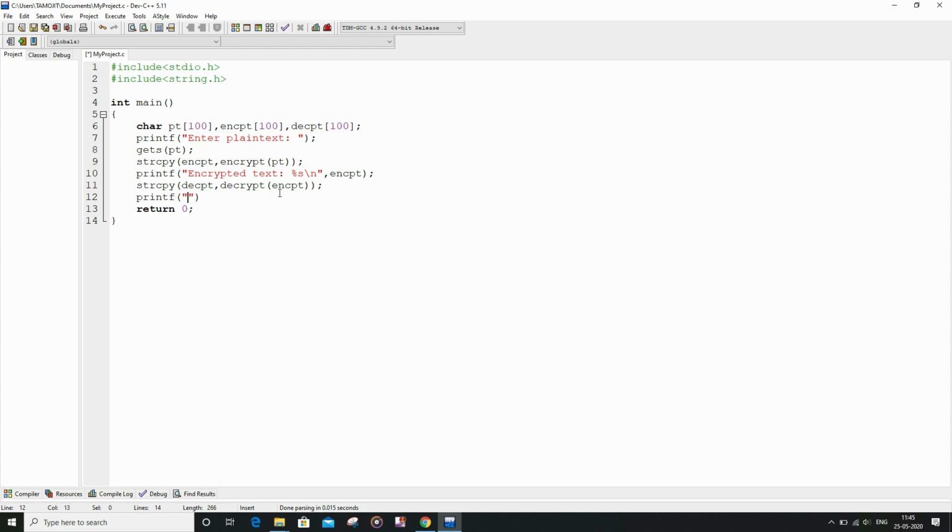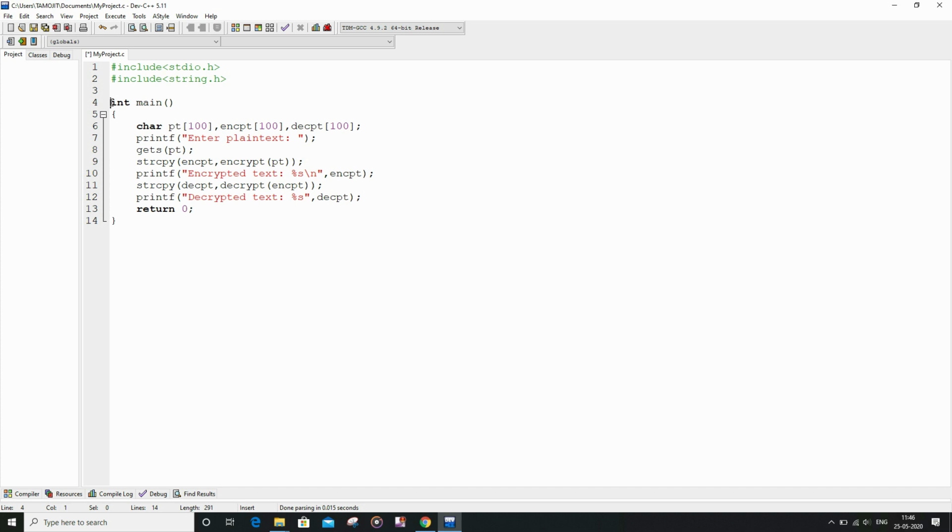And now I am going to print the decrypted text. So we have written the main function.